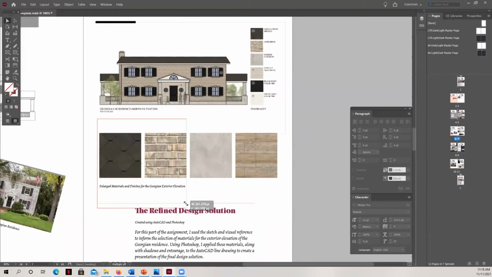Okay, but once I have it sized the way that I want it, I want you to also consider alignment of especially things like swatches. So if you look at this, you can see the swatch itself is almost centered. So if I use my arrow buttons, you can see I'm centering this swatch so that there's the same cut of the half shingle here and here. You can see it on this brick as well.